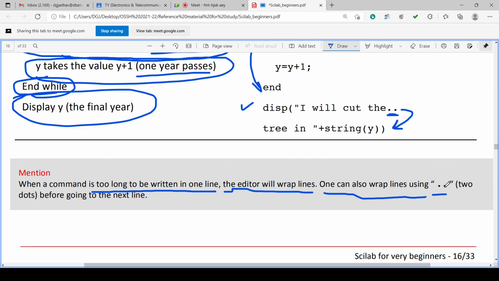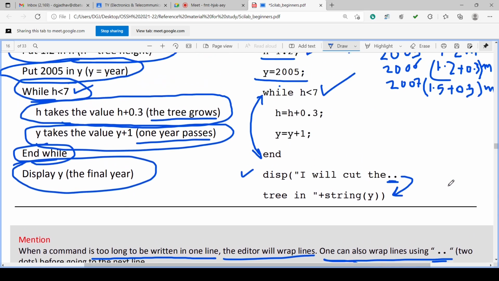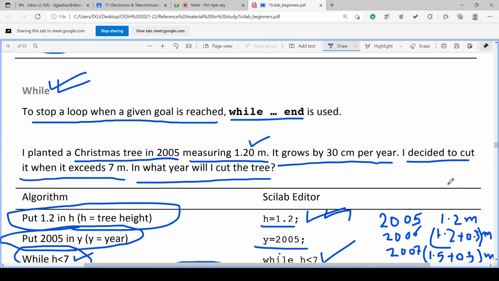Otherwise, we have to put these two dots before going to the next line. So either the editor wraps it or we can wrap it. So this is the program using the while loop.